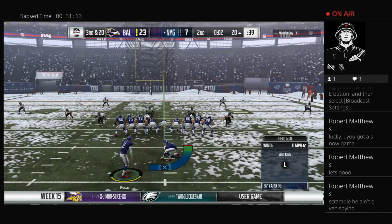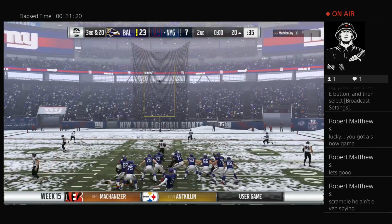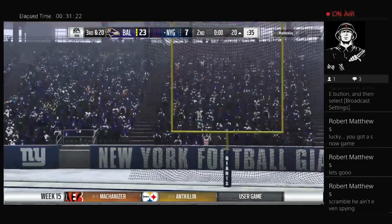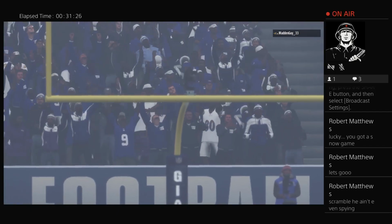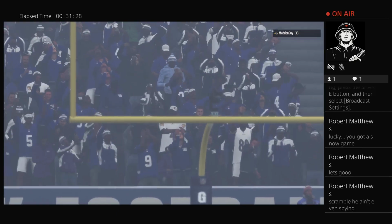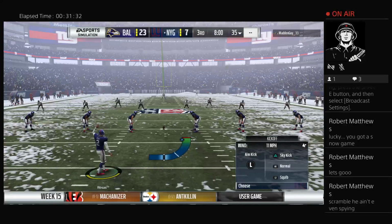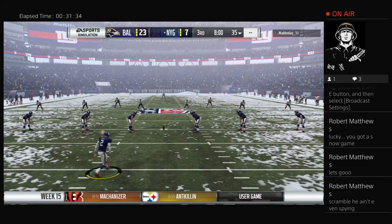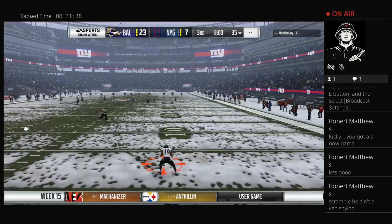So with 2 ticks left here in the half, on is the field goal unit. Right hash, 37-yard attempt. And he missed it. He missed it just wide of that left upright. It's no good. So we have reached halftime here with the visiting Ravens out in front. As we'll send you down the coast now to Orlando, that's where we find Jonathan Coachman ready with our EA Sports halftime report. Coach,